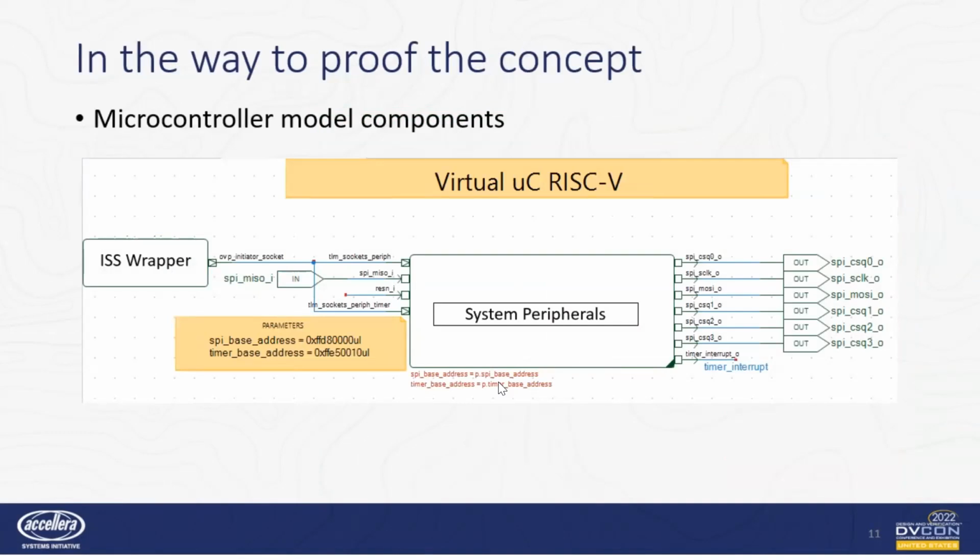In the way to prove the concept, some models of the peripherals are reused from the existing system. The block systems are interconnected via SystemC TLM, transaction level modeling. The instruction set simulator wrapper instantiates a RISC-V core. As a basic requirement for this virtual prototype system on chip, a timer-based interrupt is included in this model. This supports the time base for the real-time operating system that runs the firmware application.